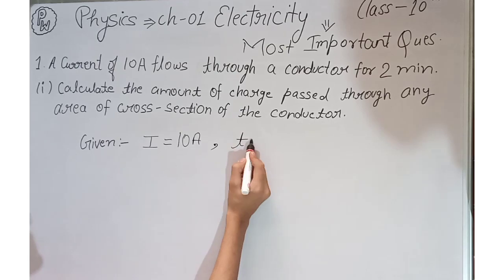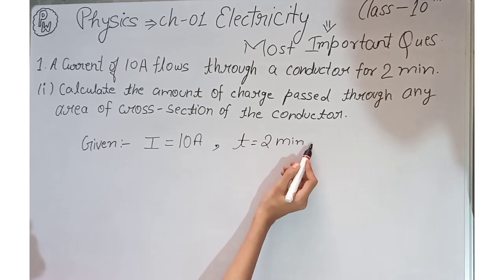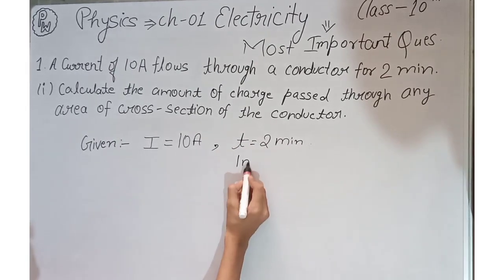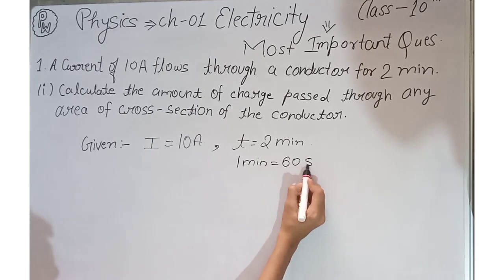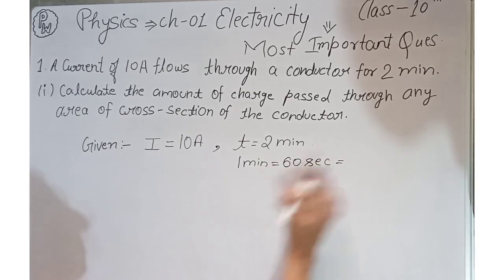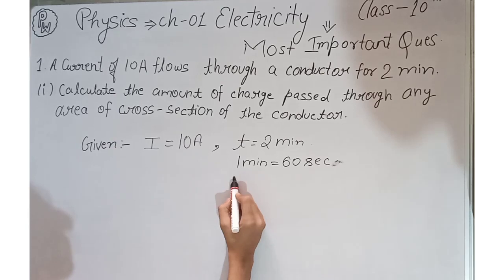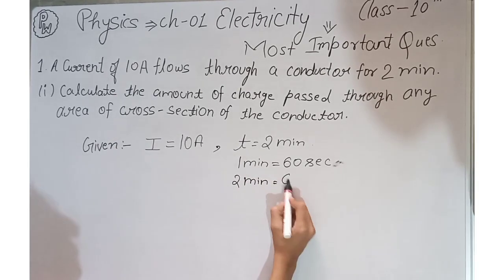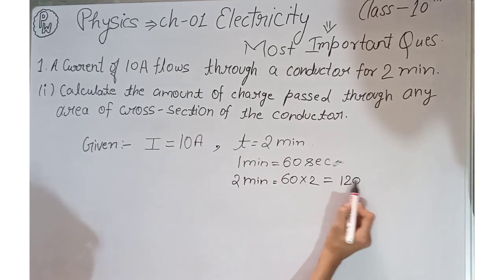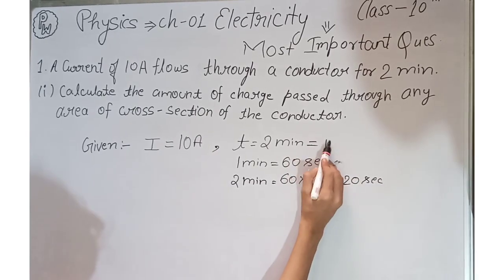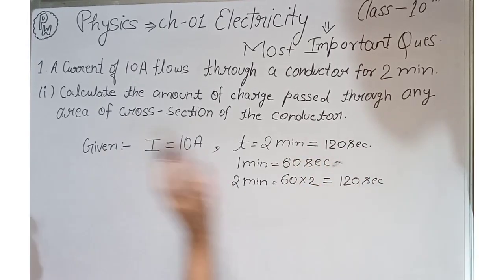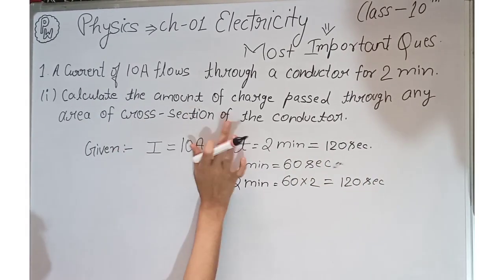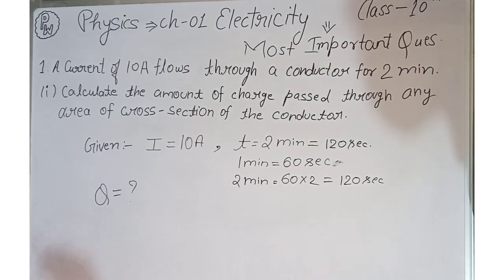So here I current is already given, that is 10 ampere, and time is given, that is 2 minutes, and you have to convert minute into second. So if 1 minute equals 60 seconds, then 2 minutes is equal to 60 into 2, that will be 120 seconds. Now you have to find the amount of charge, and we denote charge as Q, and the formula of